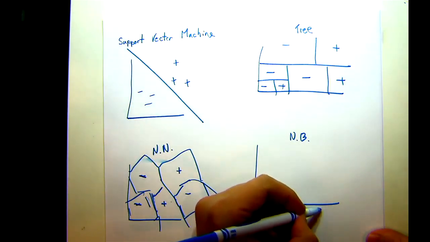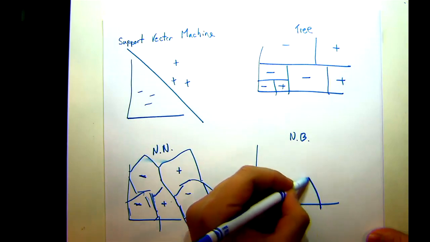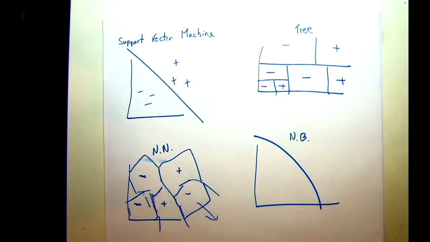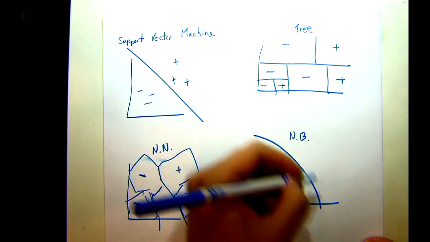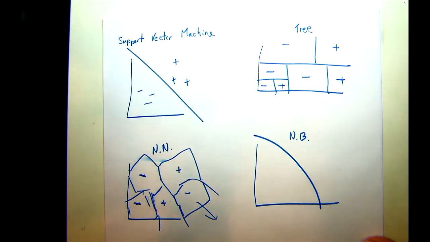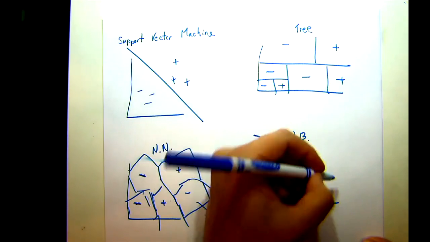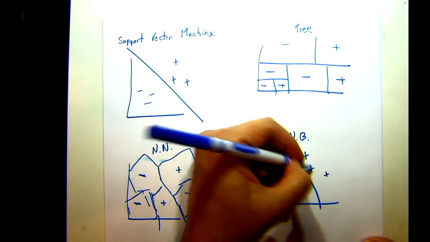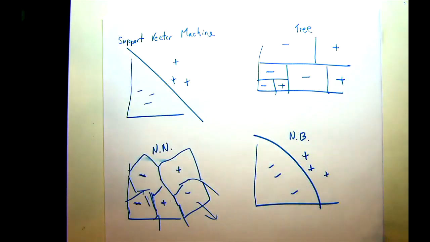So you'll often have sort of a curve, but they're continuous. I think typically they have to be basically monotonic curves. I don't know all of the details of the different ways naive Bayes can build these things, but they're not arbitrarily complex. They're nice curves, but they can't weave in and out and go up and down and do all sorts of crazy stuff. So these are the different ways that we split things.